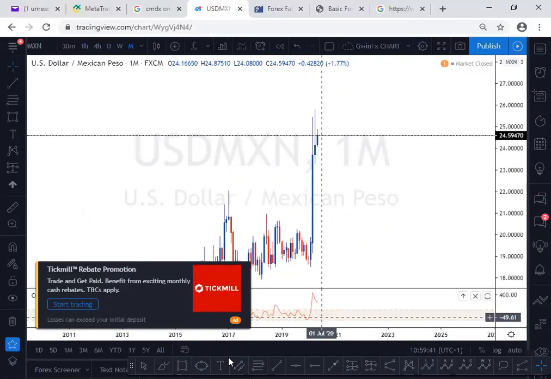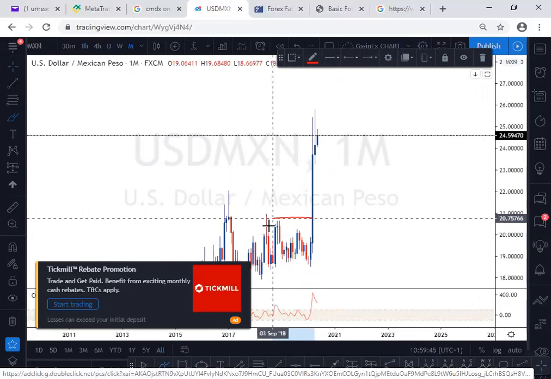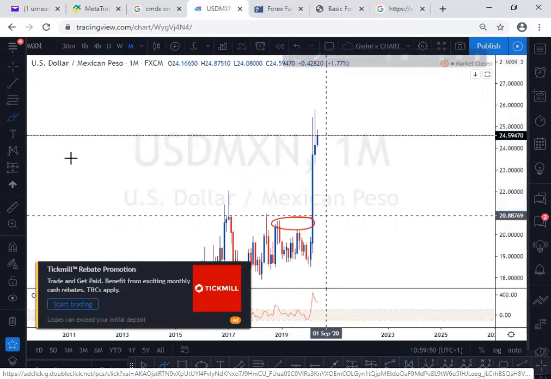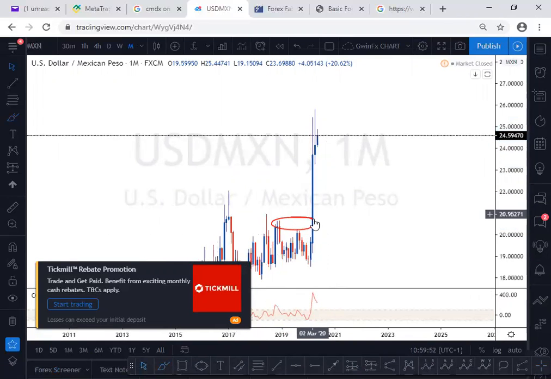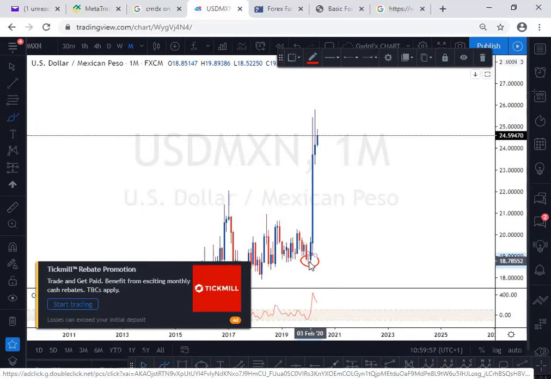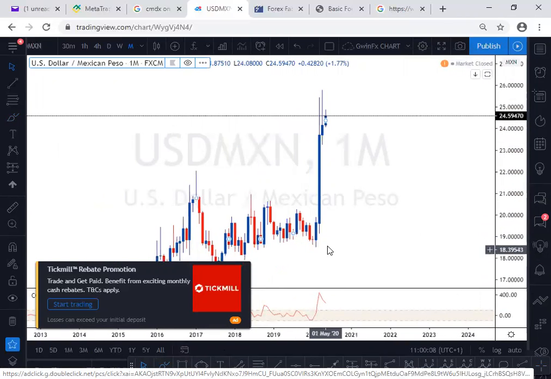I spoke about the market when it broke up this structure, and I said I want to see a push to the upside. Now the push has come, and after this impulse from this zone to the upside, what we want to be seeing is a correction. I won't go into too much detail, but I like to start my market analysis from the higher time frame before going down to the lower time frame.